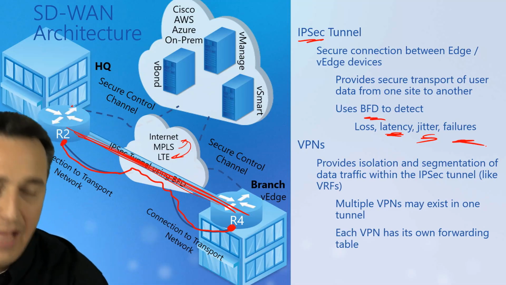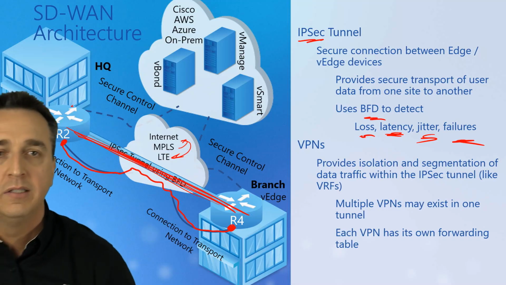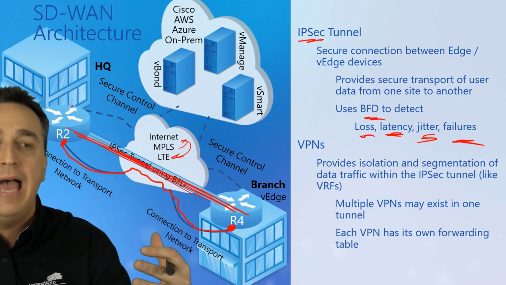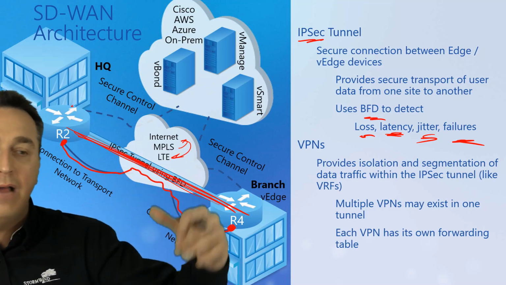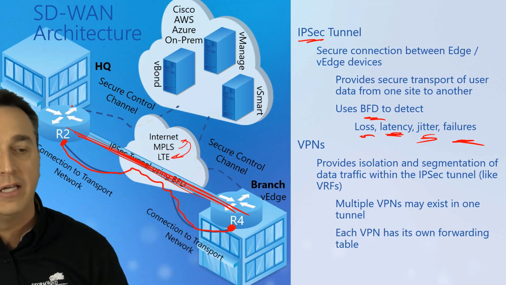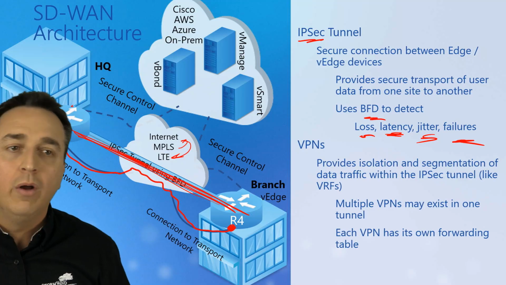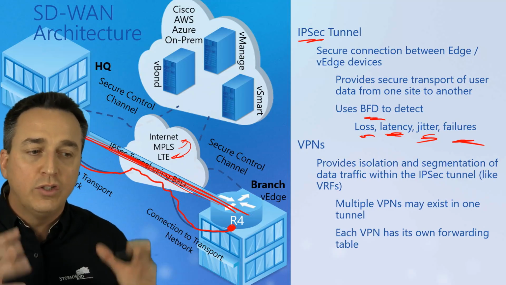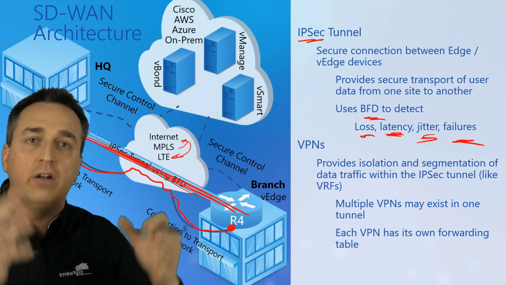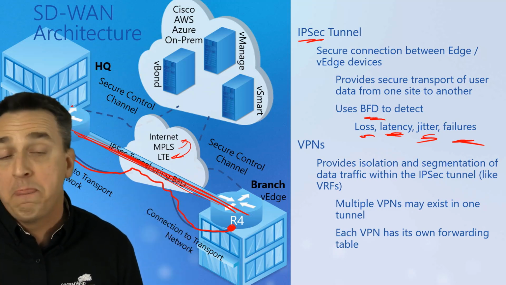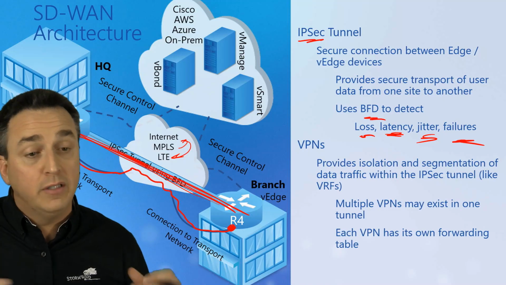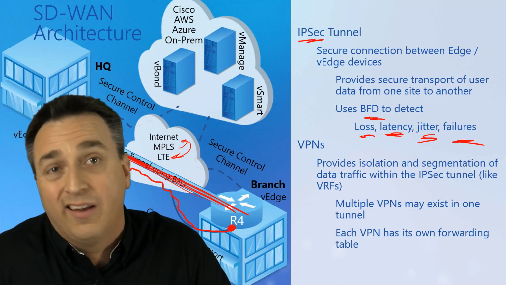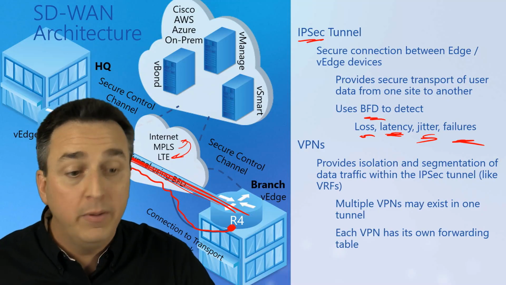Right? So I already mentioned failures, so an entire failure, but what about just loss? If we have excessive packet loss across that, then maybe again, if packet loss gets too high, we can fail over to one of the other connections that we have. So if you have, for example, the need for mission critical connections with certain loss, latency, jitter, and failure values associated with them, SD-WAN gives the opportunity to dynamically change on the fly, whereas our traditional WANs don't do that. So there's a little added benefit as well to that one. That may be beneficial to your organization.